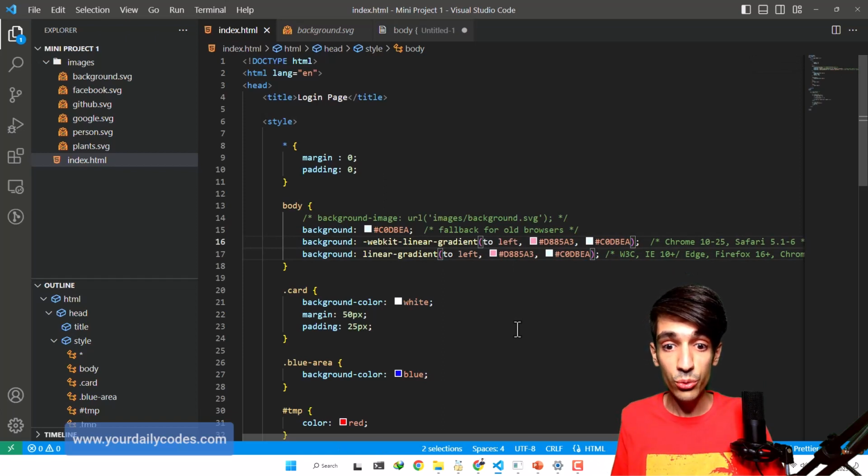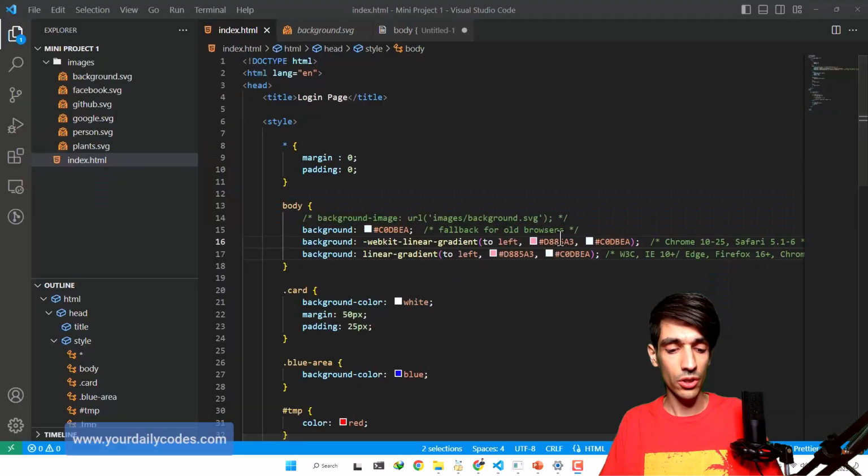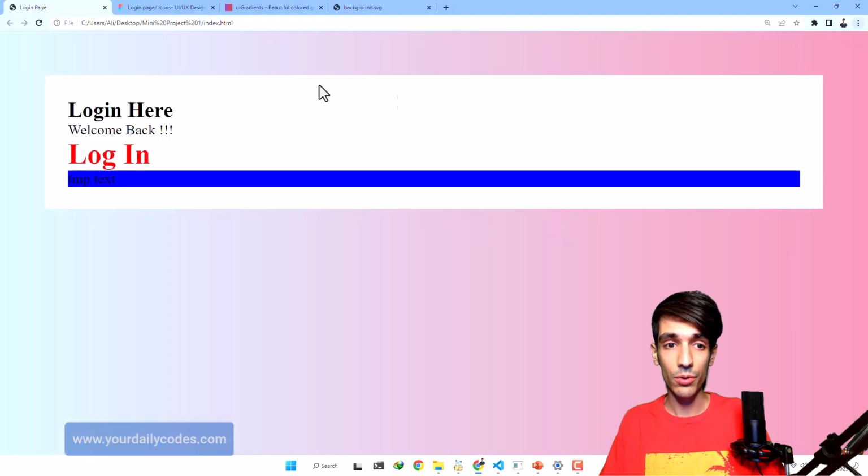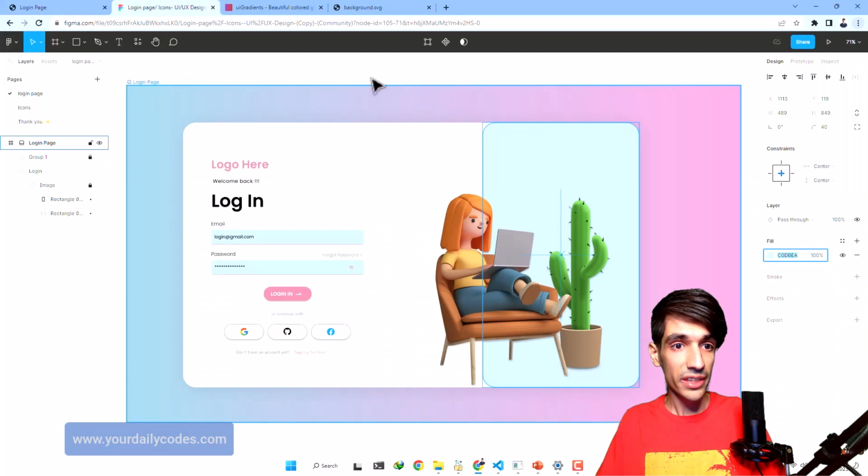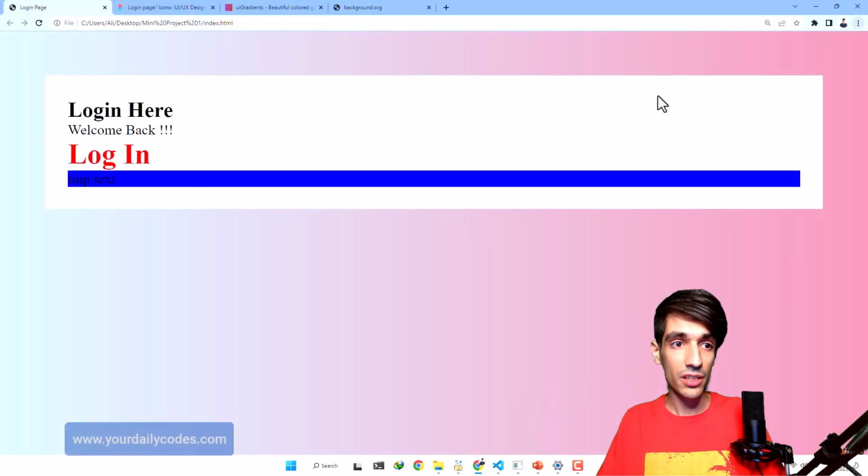For now, you do not need to worry about these rules, because for now, just learn how to copy and paste these gradient rules, and the only thing that you need to do is modify them. For example, not right left, these are the things I want you to fix. So now I think our gradient is fixed,